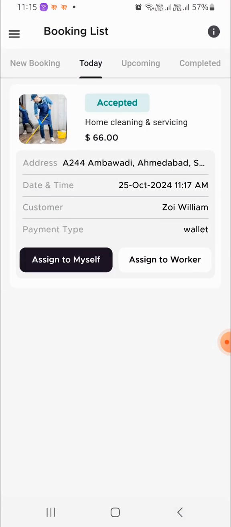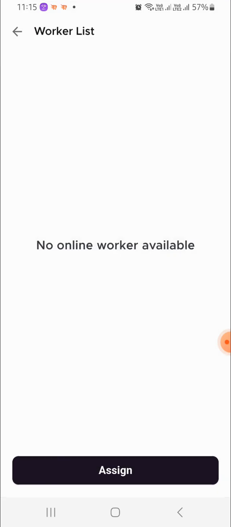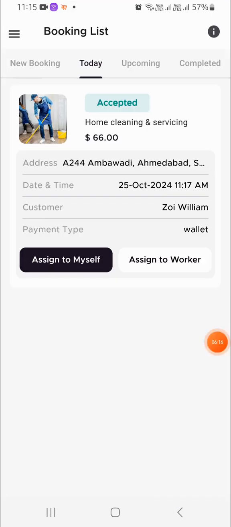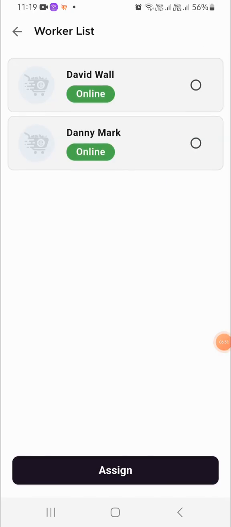Here you can see the assign to myself and assign to worker buttons. If you click on the assign to myself button, then this booking is completed by the provider itself. If you click on assign to worker and select any worker, then this booking is assigned to that worker.